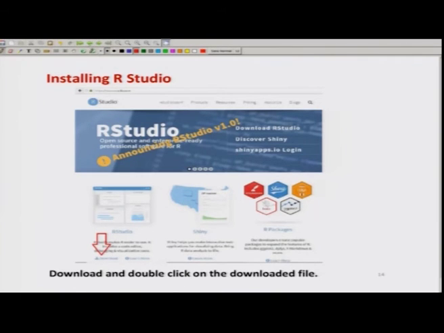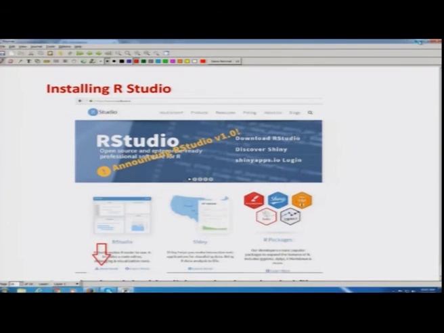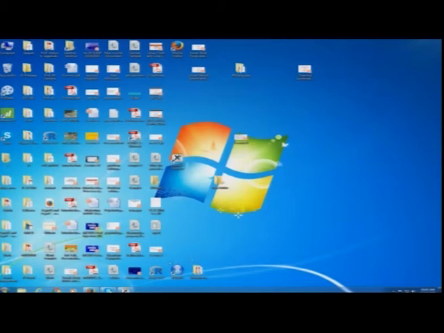Essentially, once you have installed the R software and RStudio software, you will have a link like this, R, and RStudio. And now we are ready to move into the learning of R software. So this was the first lecture in which I have tried to give you a basic idea of why we should use R, how we should install the software on our computer, and how to obtain the software, and possibly this will help you in getting ready for learning the course content of the R software in the next lecture.